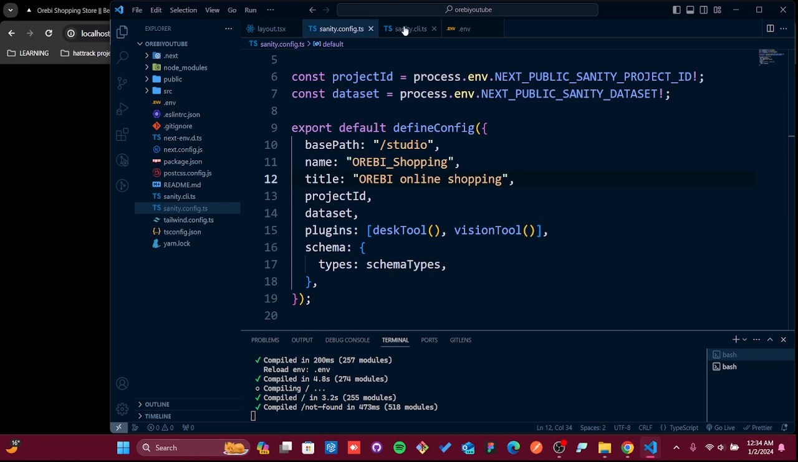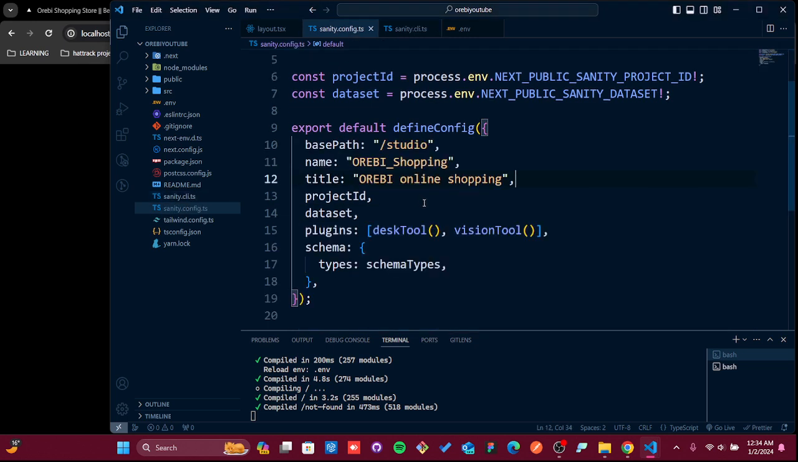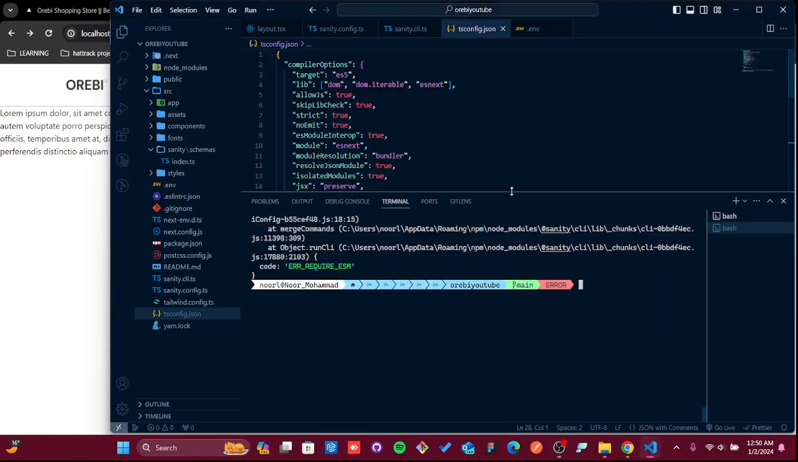Okay, what are the things we did wrong? The API is working fine, the Sanity config is working. Okay, we have the vision tool. And one of the valid reasons this page is not working is that we didn't create any